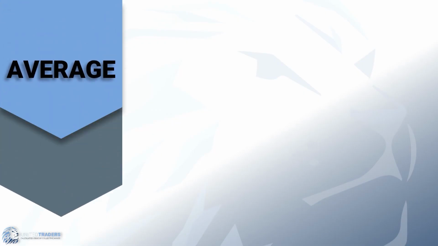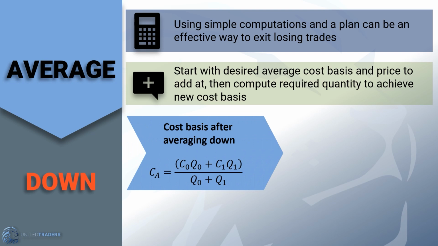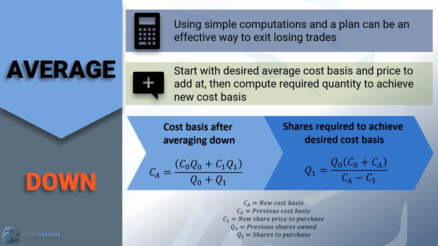Averaging down. The concept behind this method of exiting losing trades is to double down at key areas of support, then to exit the trade at the level the stock is likely to bounce up to, usually the previous breakdown area. It is a higher risk and more advanced method because you're adding to your position size when you're already in a losing trade, potentially compounding the loss if you don't get the expected bounce.